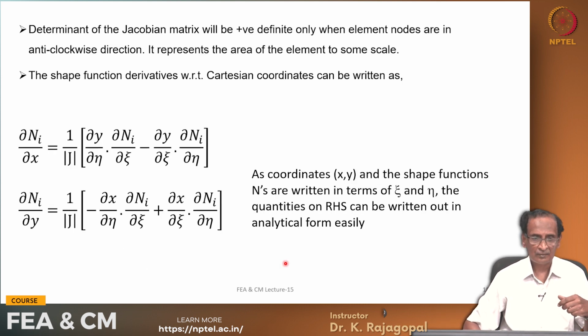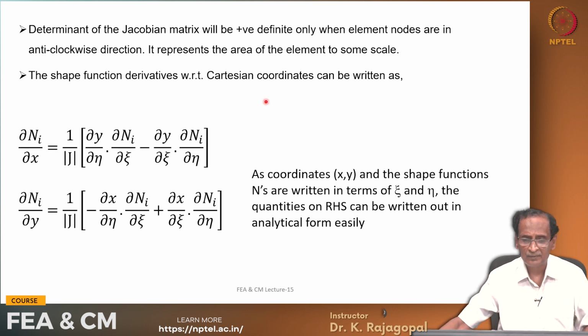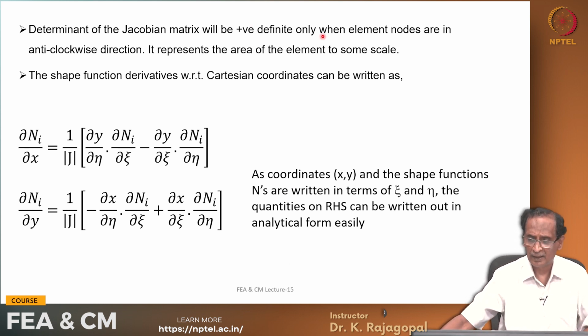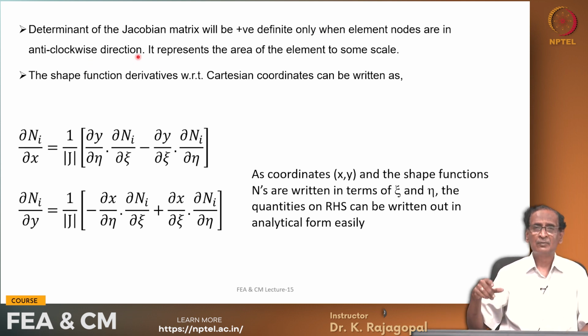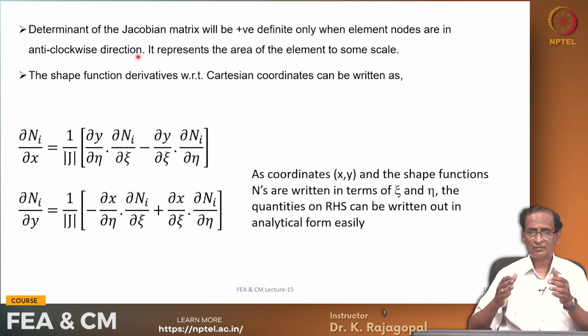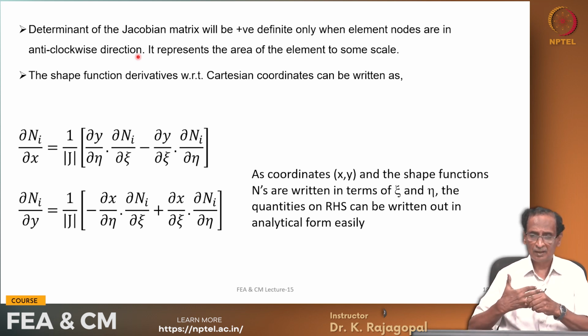Okay. And the determinant of the Jacobian matrix will be positive definite only when the element nodes are in anti-clockwise direction. We have to number all the nodes in the anti-clockwise direction, and it has to be positive because it represents the area of the element to some scale. Okay. And if it is positive definite, that means we have unique mapping,